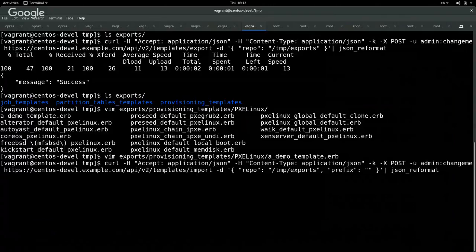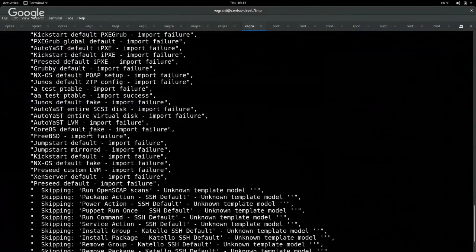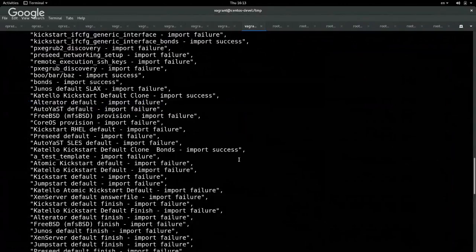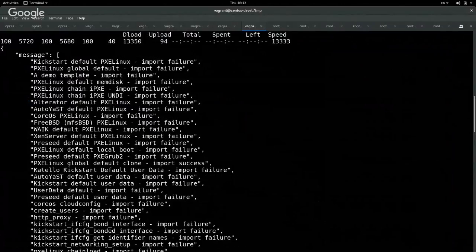Now let's try actually to import the templates, and as you can see, you get some sort of output telling you about the status of what just happened. And there should be, you can see that many template